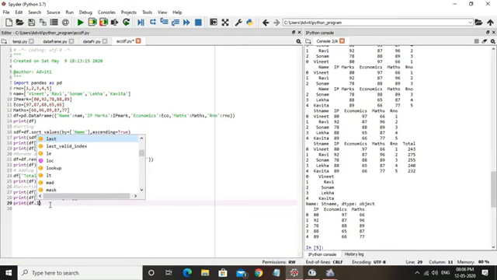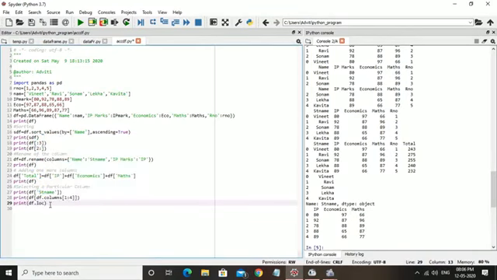Let's say loc. I can select loc and then define the numeric values. The numeric value I am writing here is 1 to 3. It means I want to display records 1 to 3. Now the columns we can specify in the form of names. Let's say st name. You can look here, the column name is st name. The two columns I want to display are st name and the second is marks of the IP subject, and the IP column name is only IP.